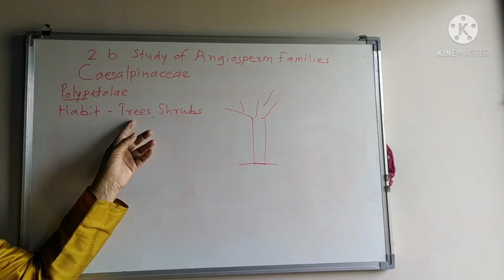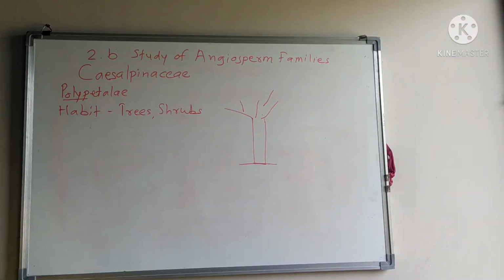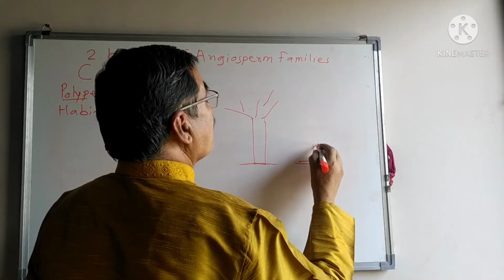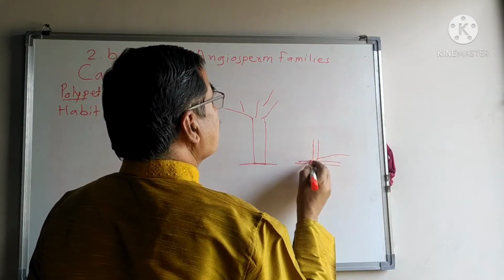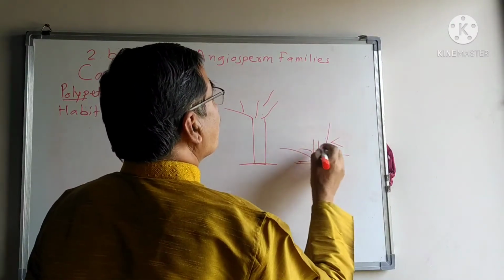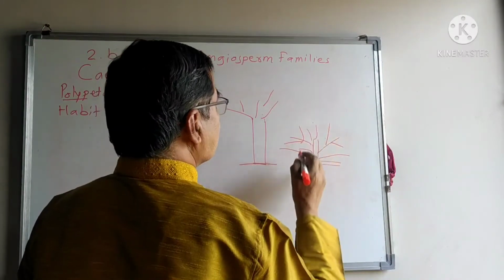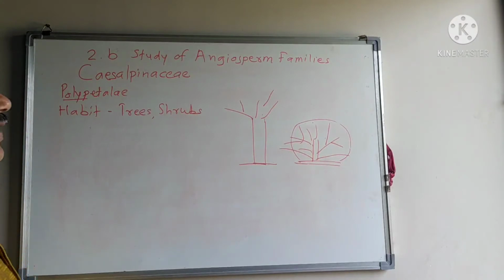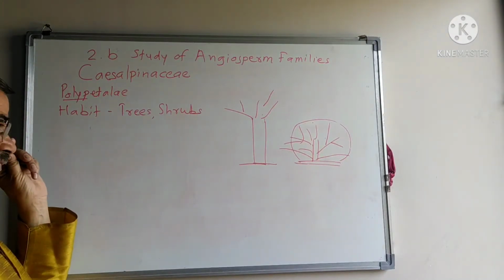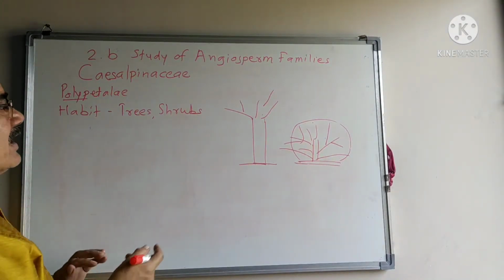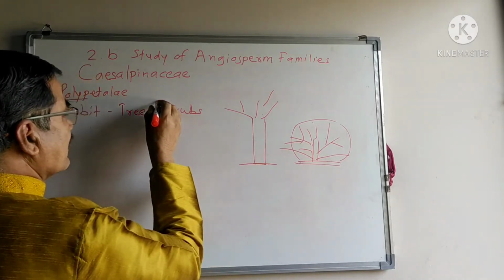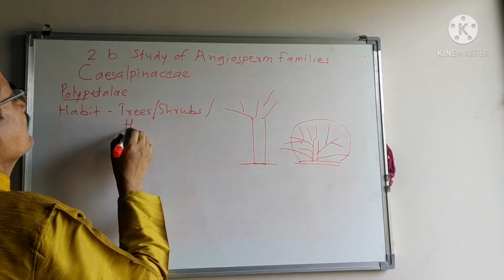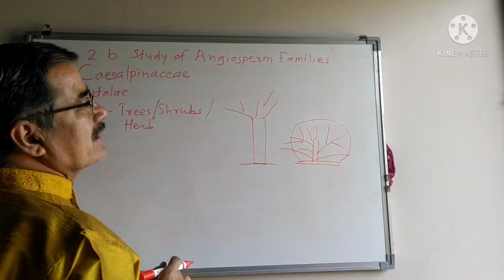It attains 20, 40, 50 feet in height. In shrubs, the branches are produced from the basal nodal regions, and they are somewhat short. These plants, bushy in appearance, are known as shrubs. There are some plants that are shrubs, and some plants, which means many plants, are included.